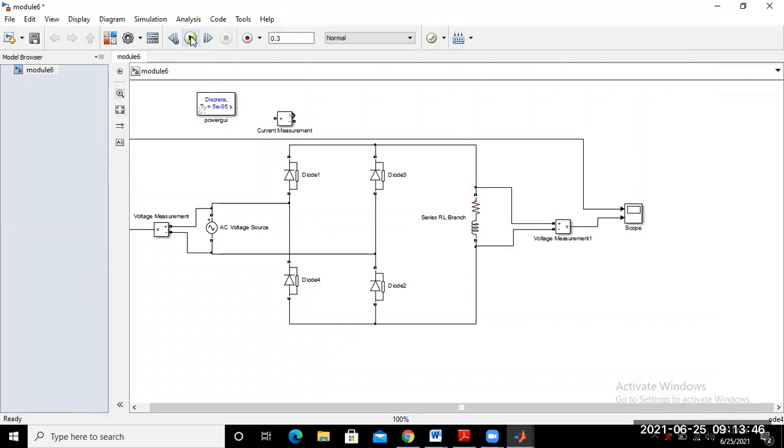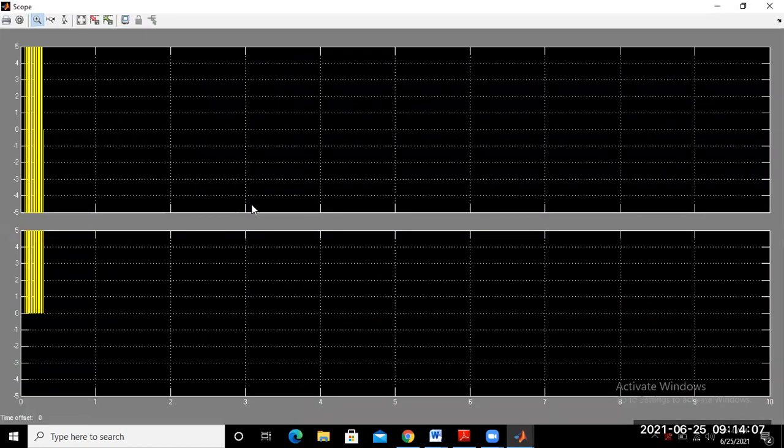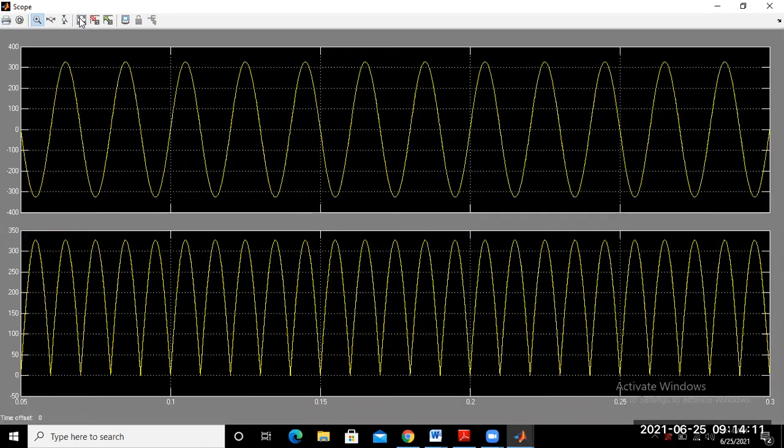Yeah. So model is already compiled. Now you just double click on the scope. So you are able to visualize the input and output voltage waveform. Just go to the auto scale.